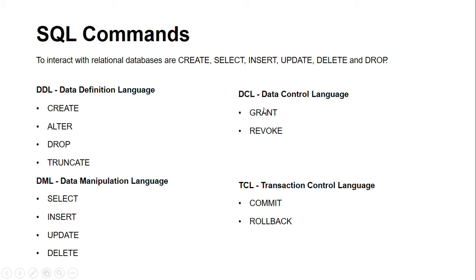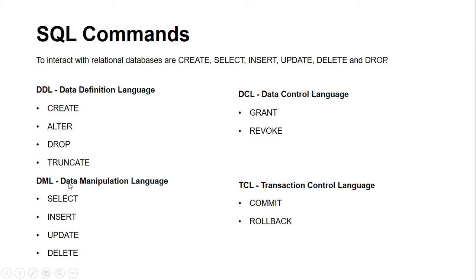Okay, as I told you, we are providing some constraints to the tables. Such type of constraints we call a grant or revoke: granting a permission to use a particular table, or revoking access for a particular user. So the next type of statements we call DCL, data control language. So we are controlling the data for different users.